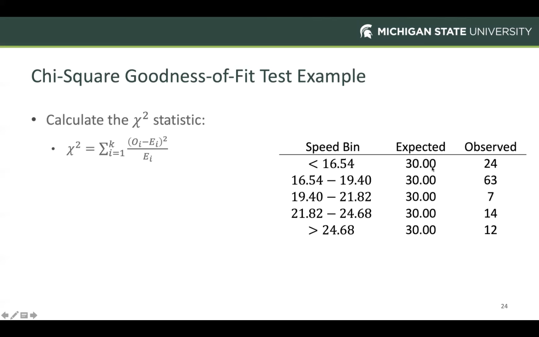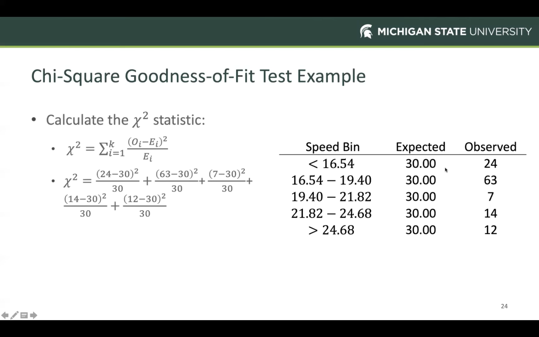So 24 minus 30 as an example in the first case. We'd square that quantity and divide by 30. And we'd repeat that same procedure for each of the 5 bins, as you can tell, based upon the underlying formula. From that, we calculate our chi-squared statistic of